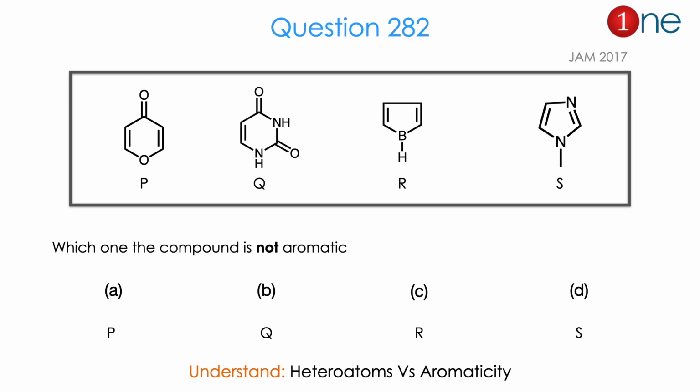Here they are asking basically about aromaticity. So you have to count lone pairs and pi electrons. So from the question of 4 different structures with many heteroatoms and the possible question of aromaticity, you might realize the question is really about heteroatom versus its aromaticity. The answer is C. Let us see how.